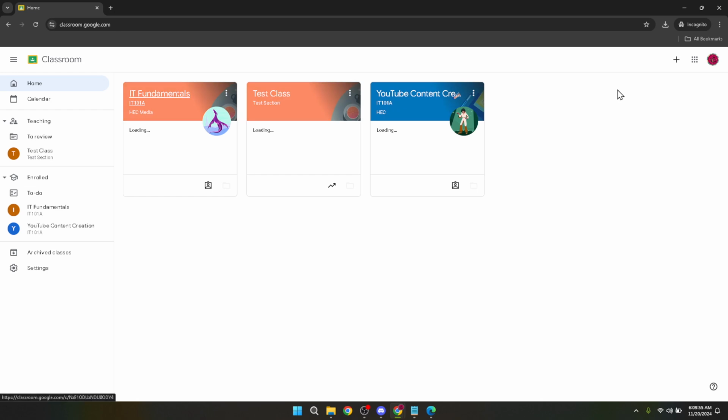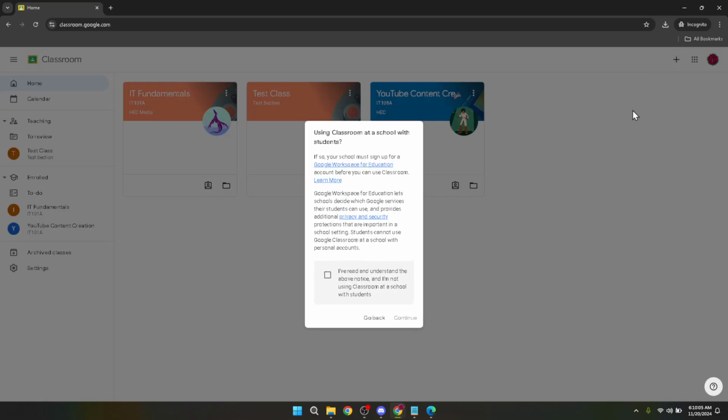Here you'll have the opportunity to join classes or create one. Since our focus today is on creating a class, look for an option that says Create Class and click on it. This option is usually marked with a plus sign, and can be found at the top of the screen or within your Classroom dashboard. You'll be prompted with a dialog box asking you to agree to the Classroom terms and conditions. It's vital to tick the box indicating that you've read and agree to these terms before you can proceed. Take a moment to read through these terms to ensure you're using Google Classroom appropriately. After ticking the box, click on Continue to move forward.